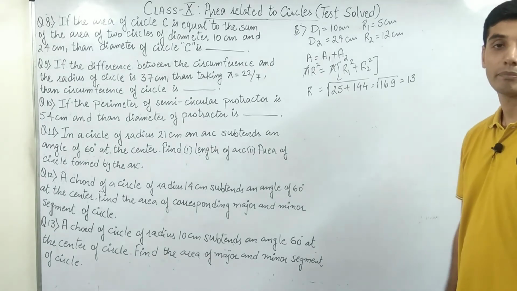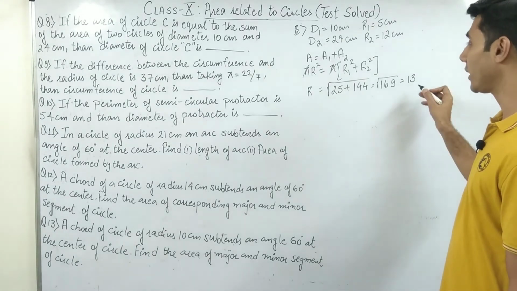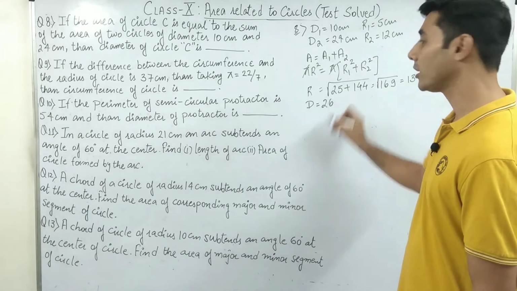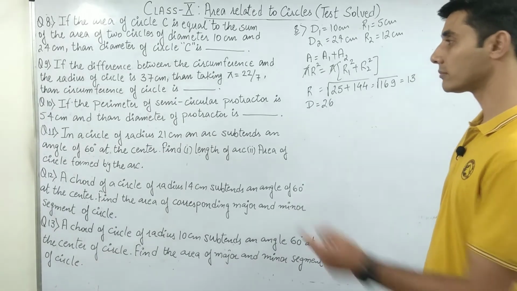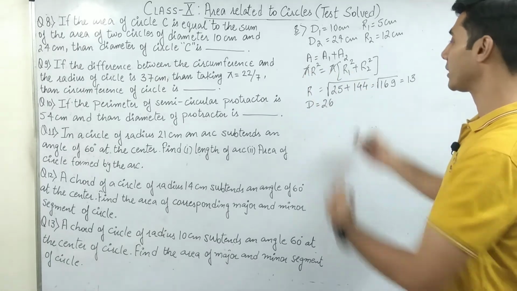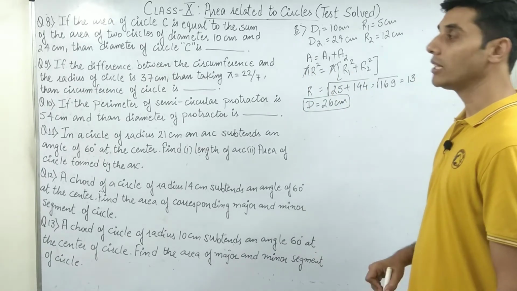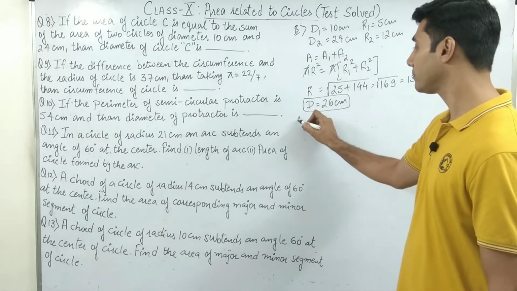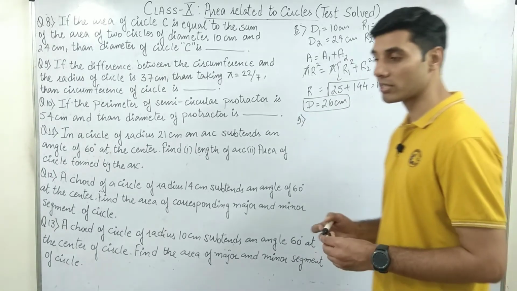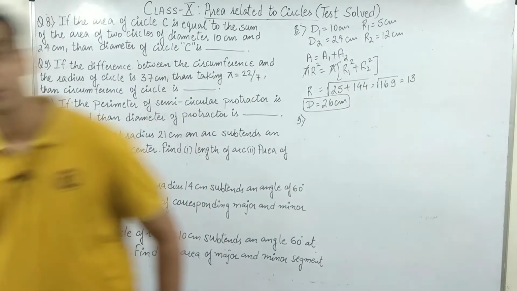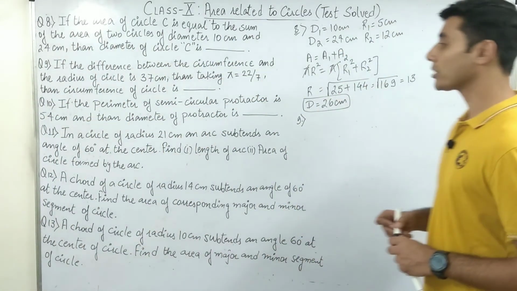That's all. So that means that this particular radius is 13. That means that diameter should be equals to what? 26. Right? तो ये आपके पास में आ चुका था. The diameter of the circle is 26 centimeters. So that's all it is done. Let's move now on to question number 9. But before proceeding, let me change the marker because I think this is already gone altogether. Okay. So question number 9 पर आता है.